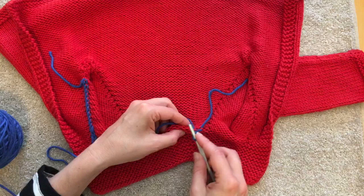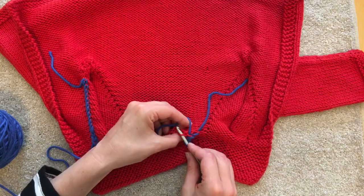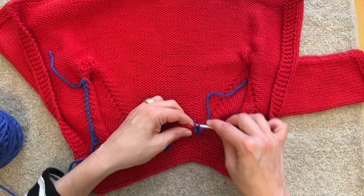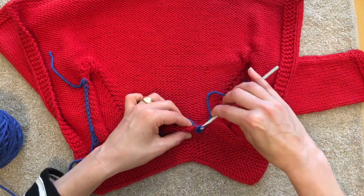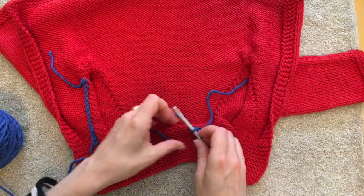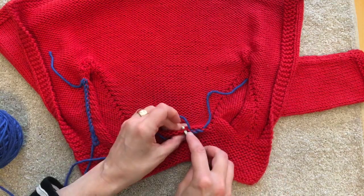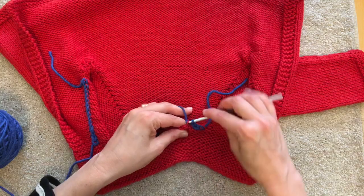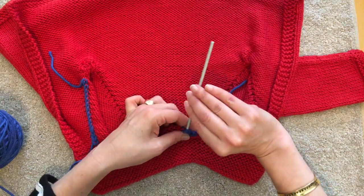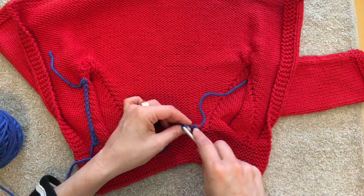But what I'm doing here is I'm just going under basically the purl bump of one of those stitches on the back neck, pulling the yarn through that. And the nice thing about crochet is you can of course adjust the tension as you go. And so what you want to do here is make sure that you're not puckering the fabric. See, goodness, making a mess of this. You're not puckering the fabric,